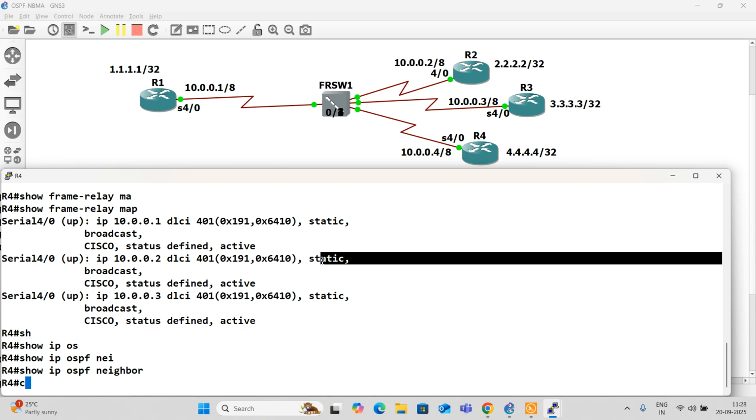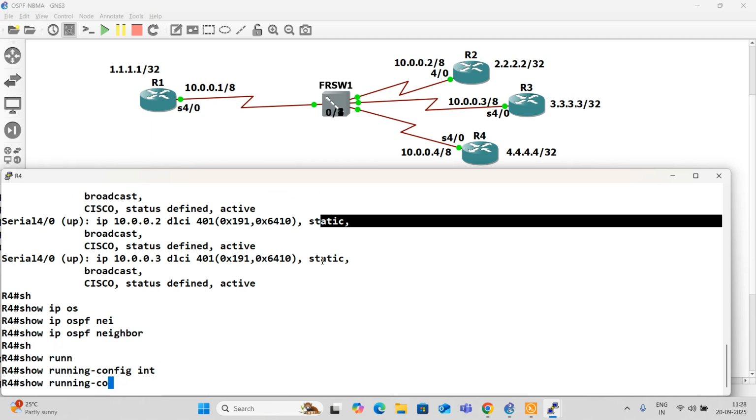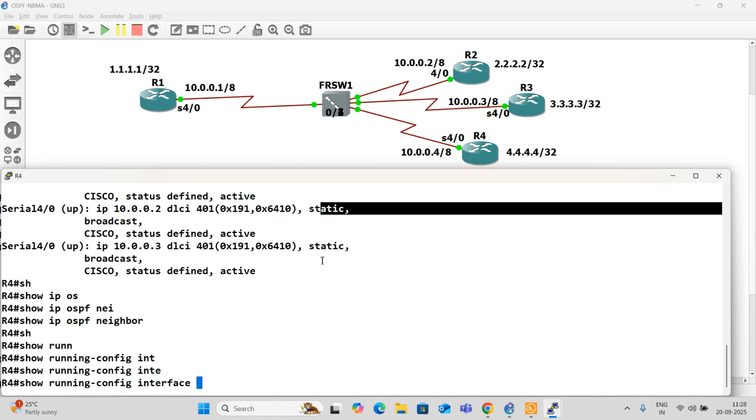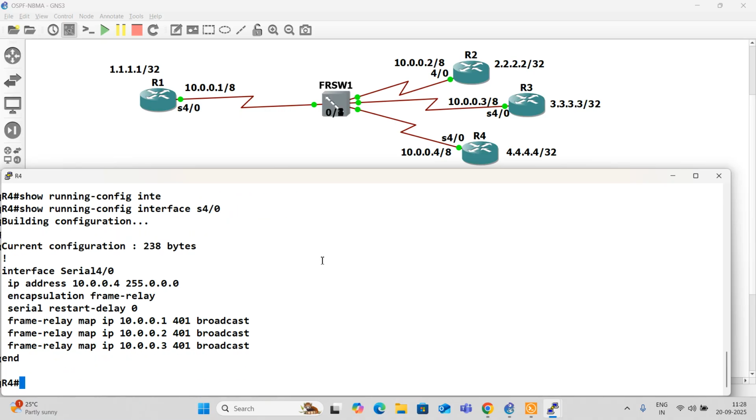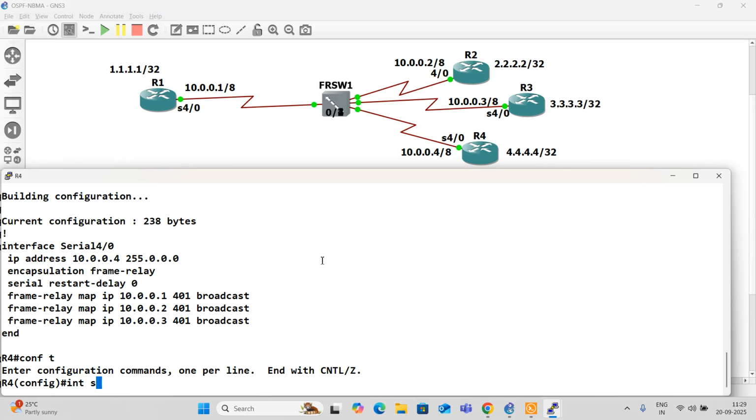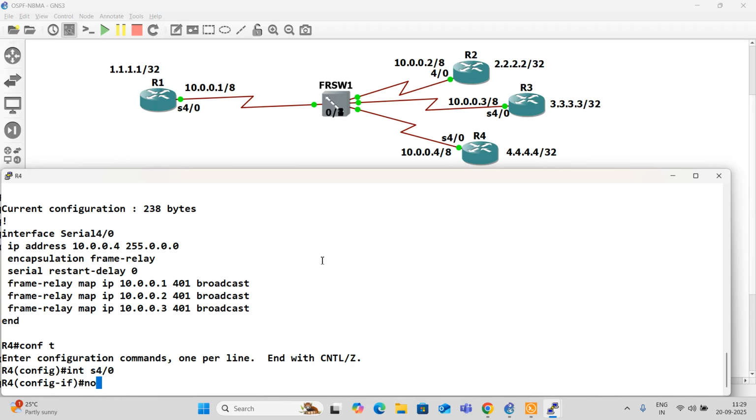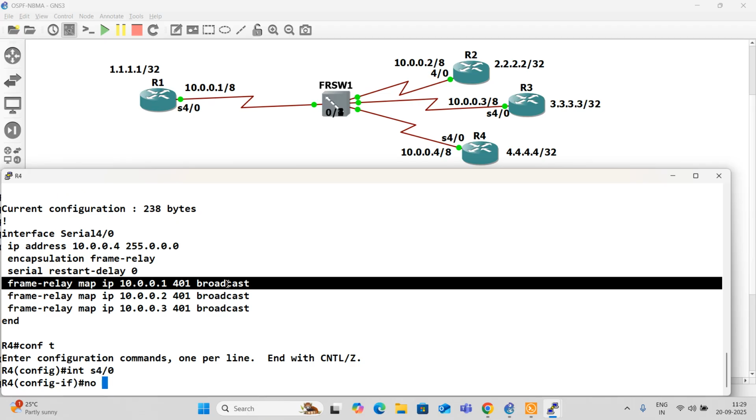No, I think I have not removed it from here. Show run interface. Serial 4/0. So that is the reason for this problem here. I have to remove this. I thought I removed this.